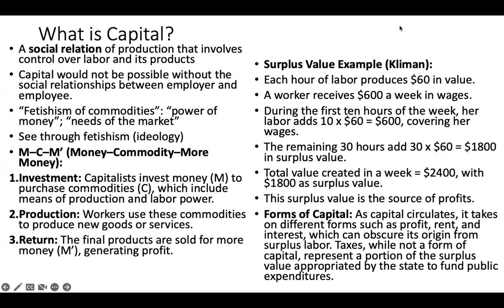In other words, whatever the value of those means of production is, it simply gets transferred into the final product which is produced. So the way in which profits are produced is basically through exploiting labor, which means forcing the workers to produce more value than what they were actually paid for in their wage. Now, how is this accomplished? Well, Marx argues that the worker is not paid the full value of